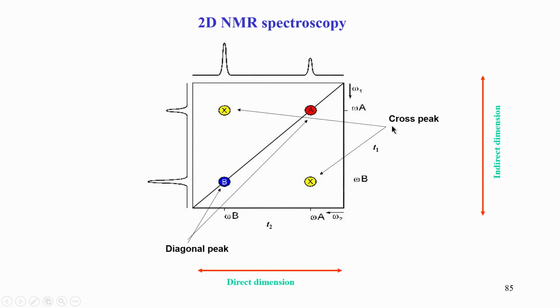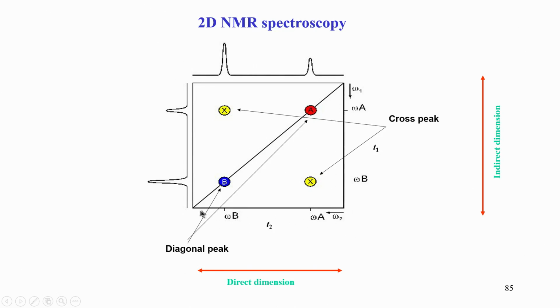As we go later, one slight complication will come, which we will see later: in heteronuclear NMR, this axis will be heteronuclear, meaning carbon or nitrogen, whereas this axis will be proton. Therefore, they will not be the same axis and scale. So, you will not get a diagonal peak in heteronuclear, because you will never detect carbon-carbon or proton-proton correlation when you are recording a carbon-proton experiment. So, it is important to keep in mind that this diagonal peak and cross peak concept arises mainly in homonuclear NMR, where both axes are either proton and proton or both are carbon and carbon.